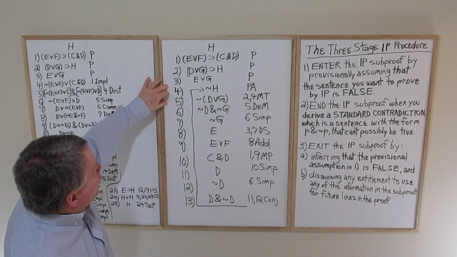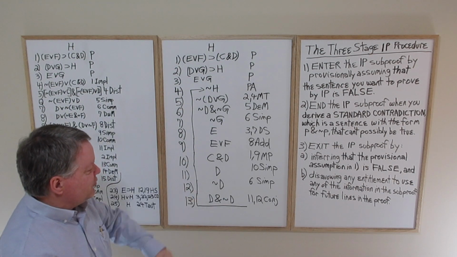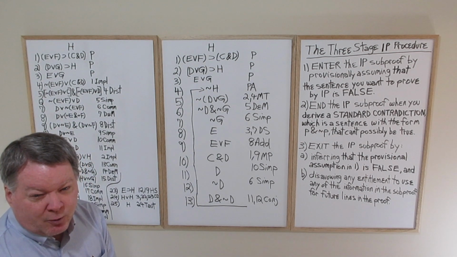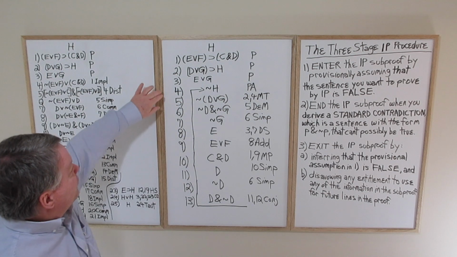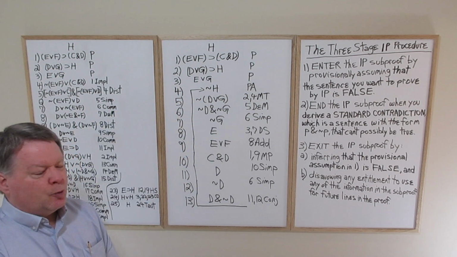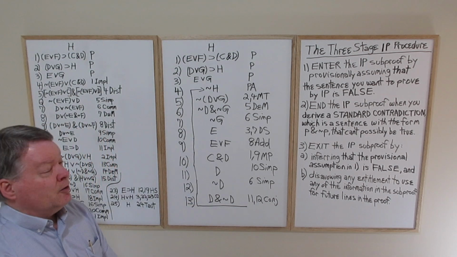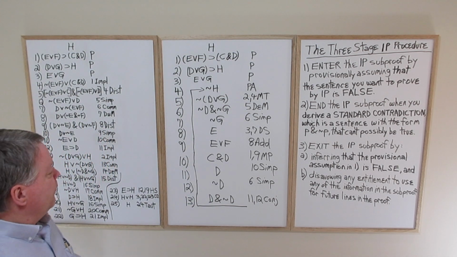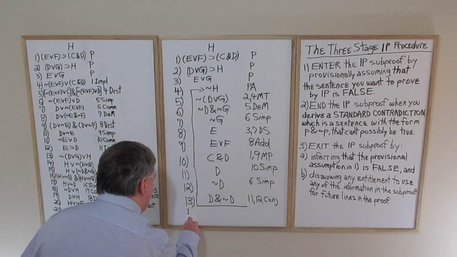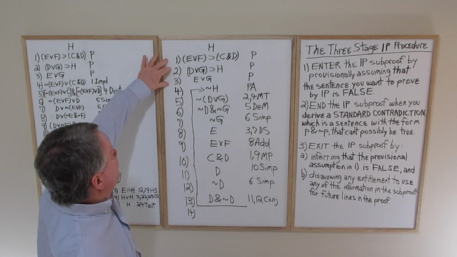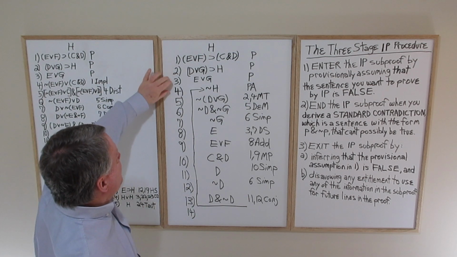There's no other logical way of looking at it. The standard contradiction in line 13 is necessarily false, but the provisional assumption that tilde H is true committed us to this necessarily false claim. Therefore, we're entitled to conclude, and this is what we've shown in the subproof, given that the original premises are